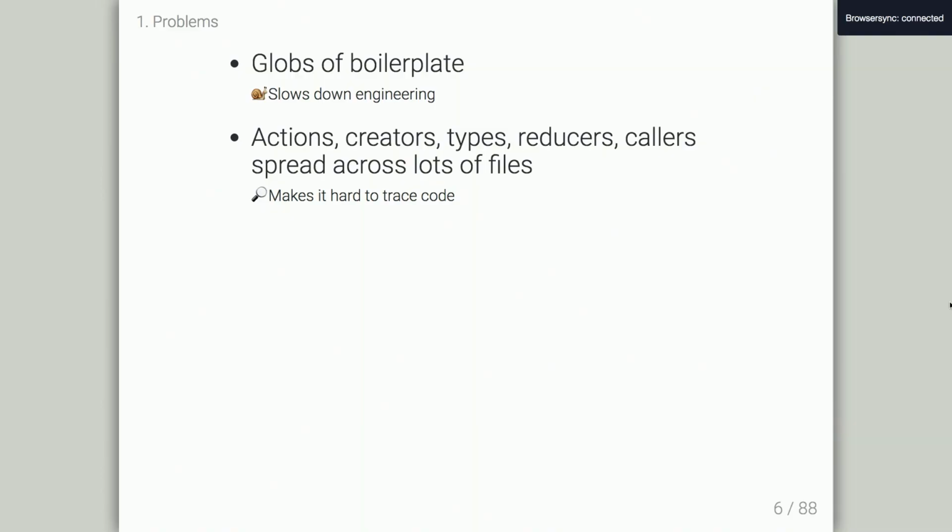And I think that's actually, besides the boilerplate, besides the fact that you have to touch a bunch of files, the fact that it's spread across a lot of files. If everything was in one file, that would be all right, because it's co-located. But because it's spread across a lot of files, it makes it very difficult to trace code. If you've ever had to debug an action, or add an action, or remove an action, or anything like this, you're used to this. You have Nuclide or Sublime or whatever you're using open, and you're tracing it across 5 different tabs. So it's not a great experience.